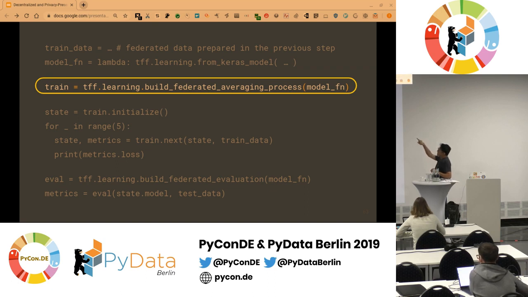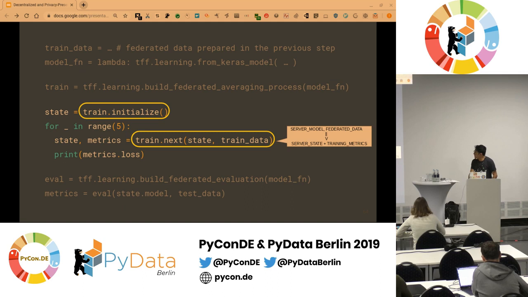which is the ellipsis up there, right? Model function is something that is beyond TensorFlow Federated. The idea of showing the previous slide was that the model itself is something that TensorFlow Federated doesn't care about. It's just wrapping federated learning around an existing model, right? So you can use that helper function that essentially builds the training process,